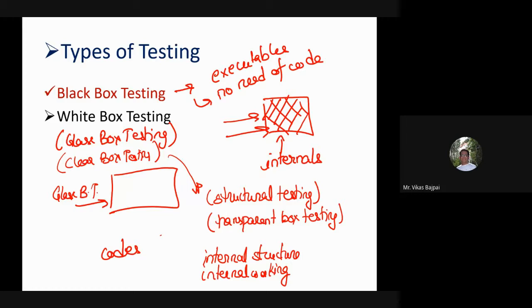So in white box testing, the internal perspective of the system, your programming skills and the way you code are analyzed. And yes, in some of the literature you'll also find that this is called open box testing, because I have unboxed the system now. Right, I have unboxed the system now, so it is also called open box testing.